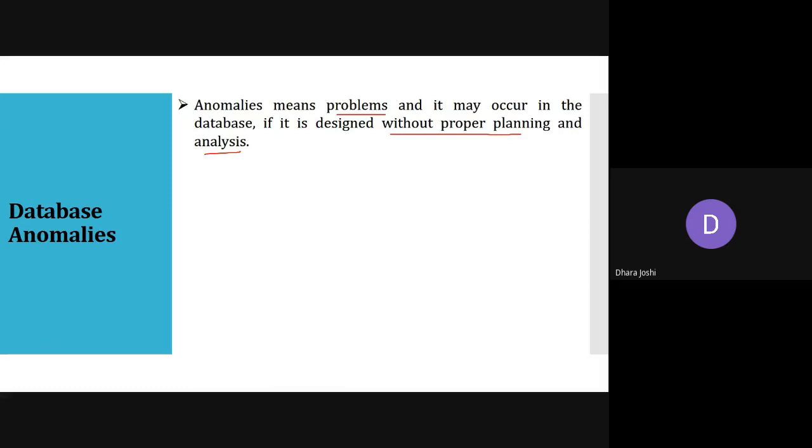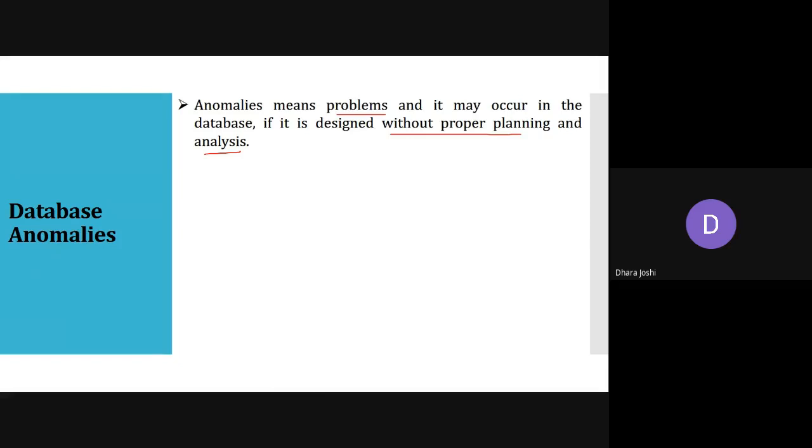Or else what can happen, like in your class 2 persons have the same name and you don't know the enrollment number. If you are not having an enrollment number and 2 persons have the same entire name, first name and last name both equal, how will you differentiate that these 2 persons are different? For that we require some unique planning. Like a primary key will always be unique. It cannot be null. So anomalies means the problems